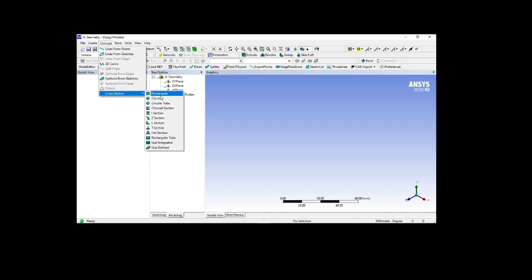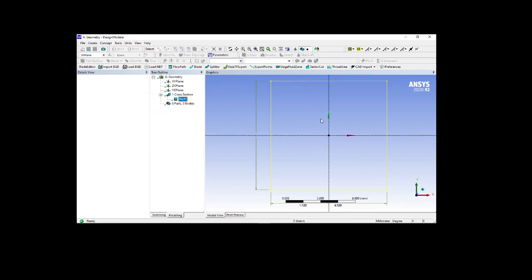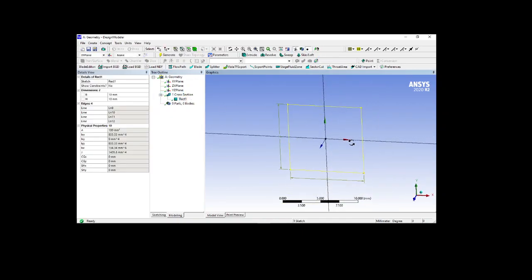Either you want circular sections or rectangular sections, either tube sections or channel section, or Z, L, T, inverted T, like this. If I press rectangle here, then you will see this is the rectangle it will prepare. This is a design sketch. If you want to vary this dimension,